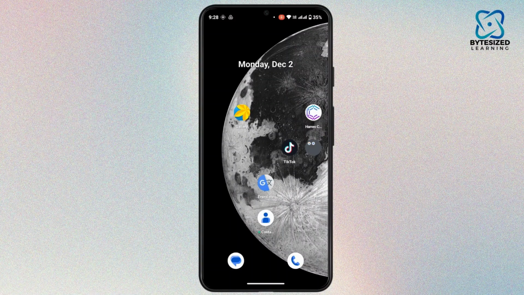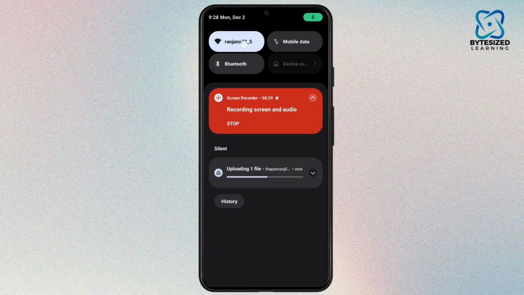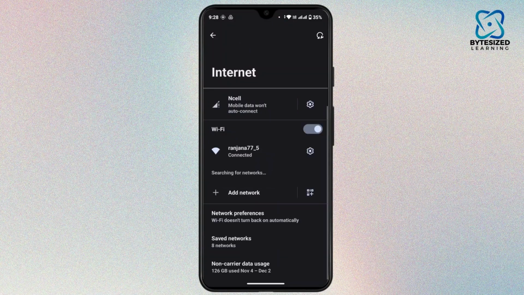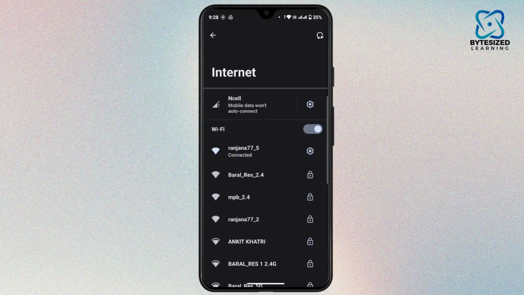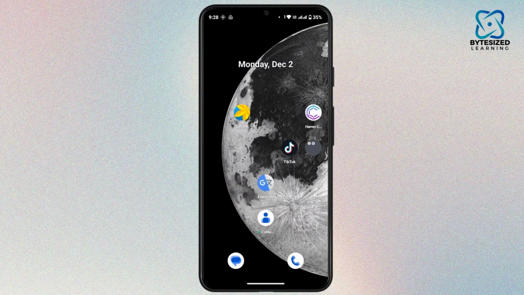The first thing, you have to check your internet connection. Make sure you are connected to a stable and reliable Wi-Fi or mobile data network. You can switch between your Wi-Fi and mobile data to see if your issue persists. But if that's not your case, the second step is to make sure that your application